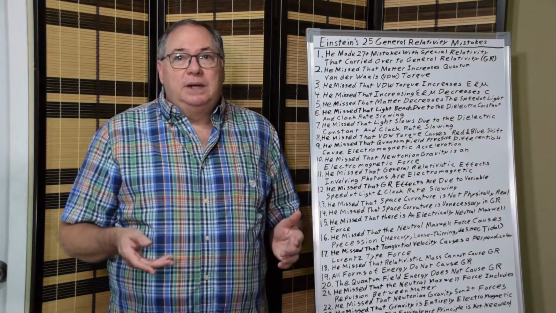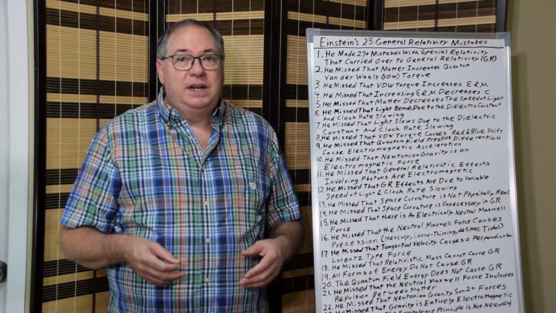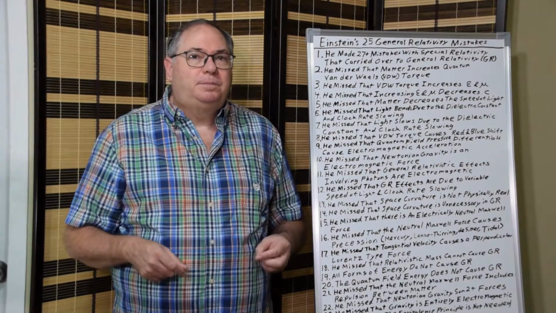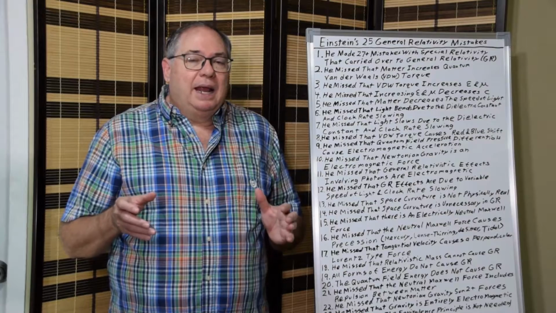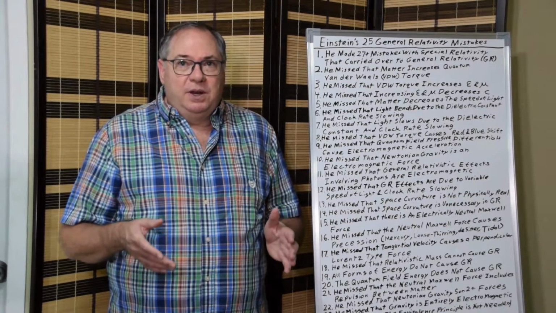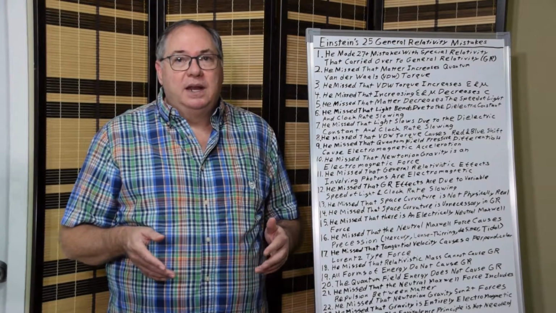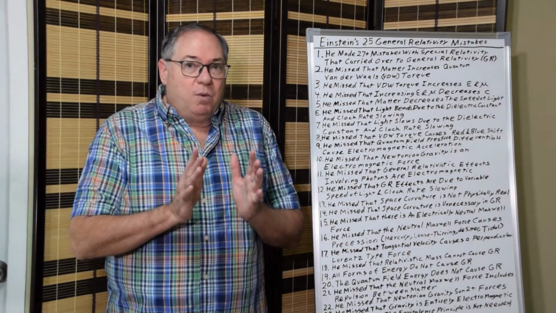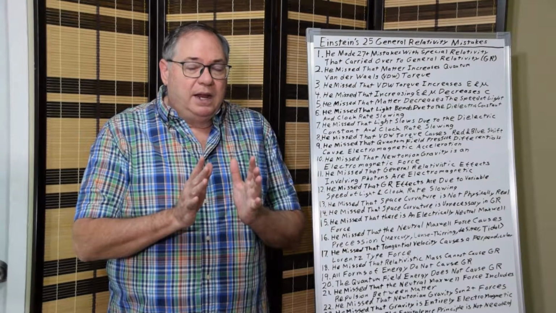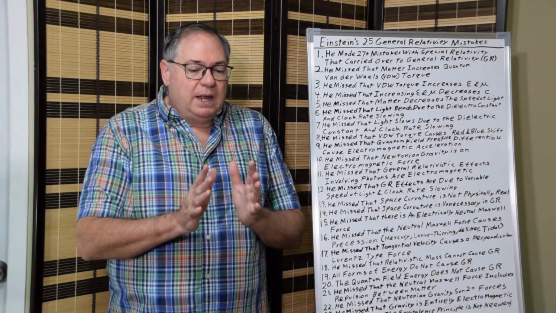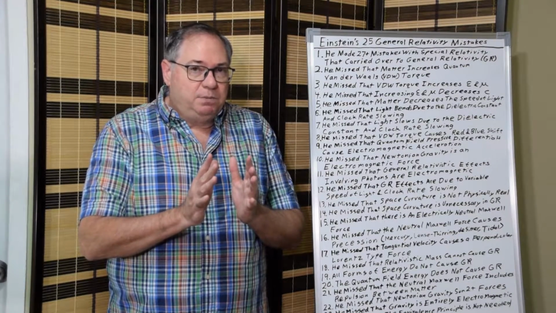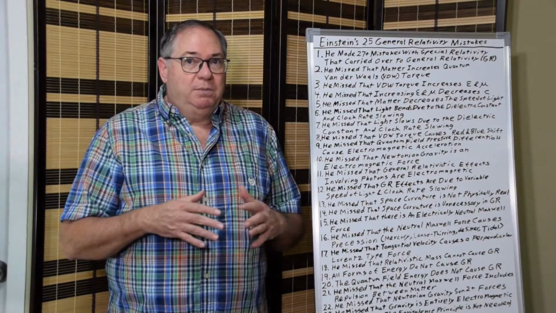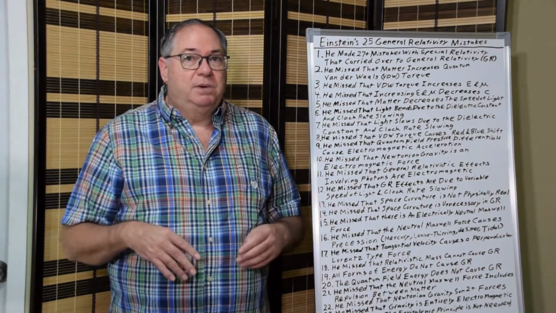So number 2, the foundation of general relativity is matter increases the van der Waals torque of the quantum field. And if you watch some of my other videos and you're aware of the Casimir Effect, then you know that the Casimir Effect is caused by an effect where the quantum fluctuations are being eliminated from the area between two plates, which causes the plates to be pushed together by van der Waals forces. The van der Waals forces pushing the plates apart are lower than the forces pushing them together.